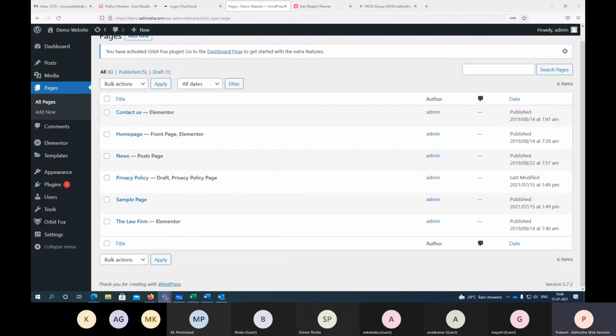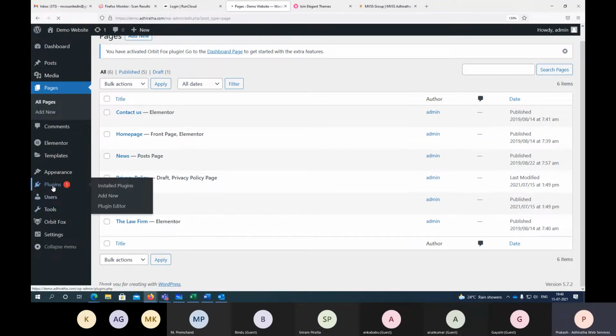Sriram, you're asking something? Yes. So we have to import the WP Reset plugin. So that is the option we are discussing, right? But what is the other option you have? That is deleting the complete website and creating it again from the server itself. On the server, I have to delete it and do it, which may not be possible for you all the time, right? That's why we are using a plugin.